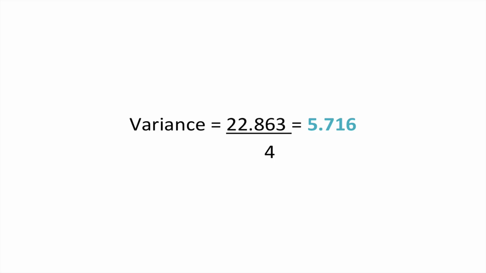Now, why do we divide by one less than the number of people we got? It's a very slippery concept in statistics called degrees of freedom, but basically because we used the mean in calculating all those squared deviations, we've already eaten up, essentially, one person's worth of data because we've estimated one thing. So to calculate the variance, we want the total squared deviations from the mean divided by one less than the number of scores we've got, and you see we get